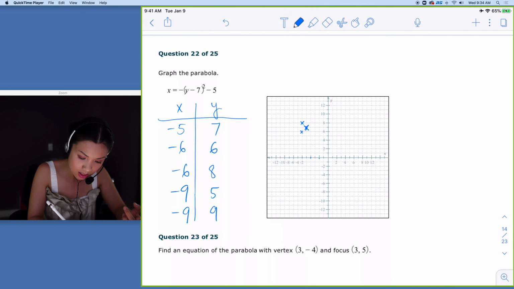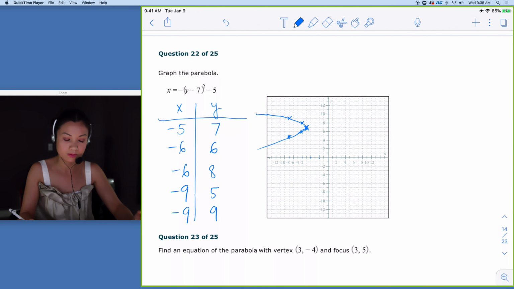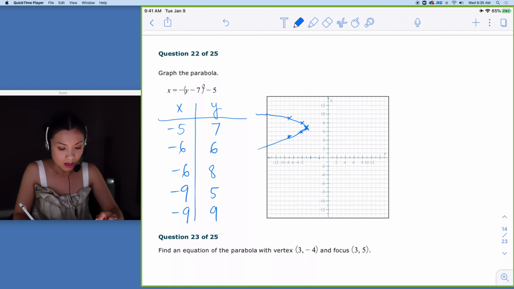So it's right here, and it's going to be 5. So it's right here and right here. So that's going to be the parabola open to the left. Okay. All right. Now,